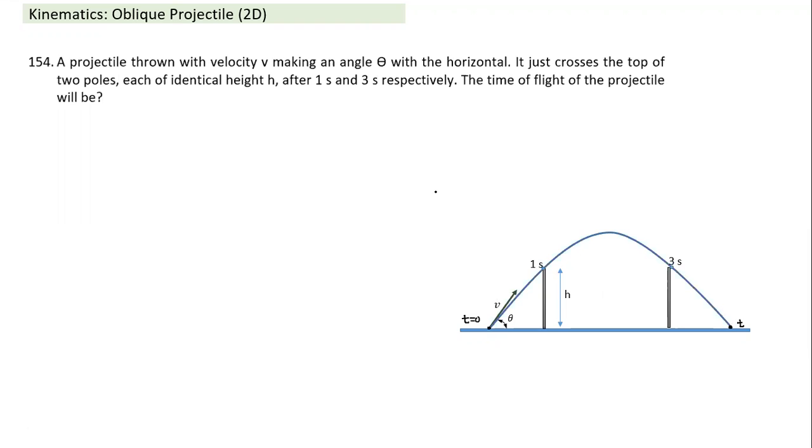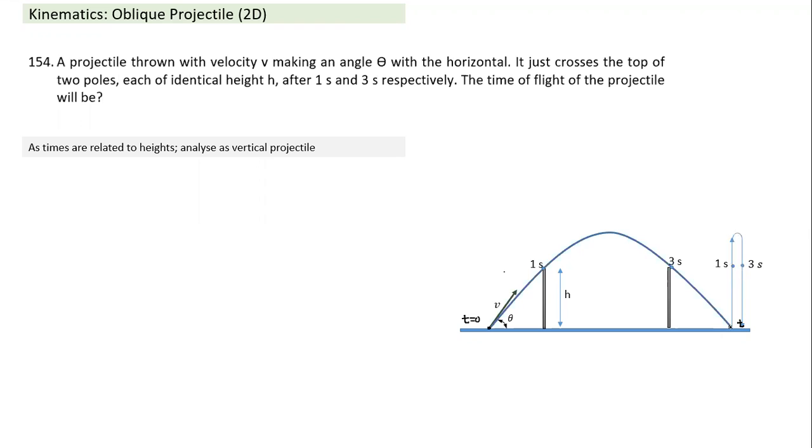In this case also, if this point is at the same height, and I look at the motion in the vertical direction, times are related to height. So again, analyze it as a vertical projectile. Anil, if you analyze it as a vertical projectile, it becomes a little simpler. If I look at vertical motion only, it is projected, it reaches a height h at time 1 second. And again, it passes through the point at height h at 3 seconds. So we need to calculate from here to here how much time it will take to fall.